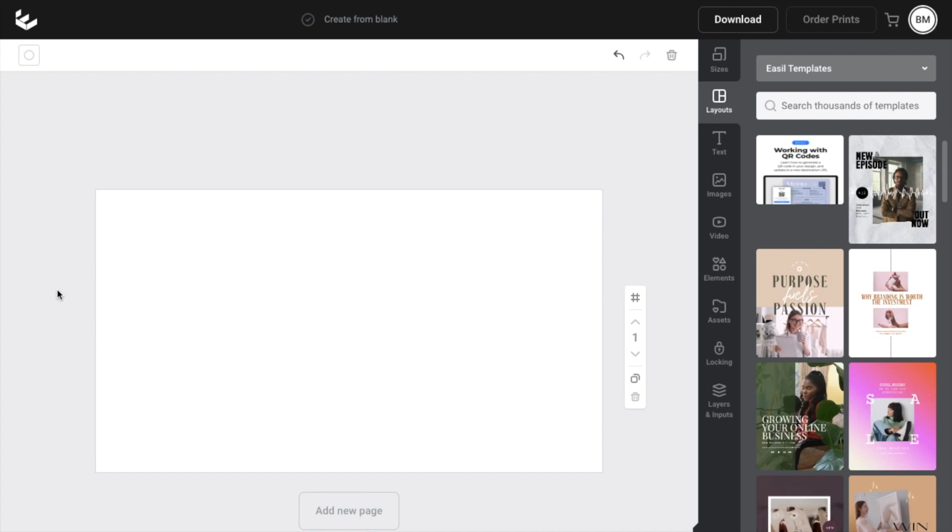So in this Easel tutorial video, I am going to be showing you guys how to edit text color here on Easel. So the first thing you have to do is open up the Easel application. Once it's opened up, I want you to go into the right hand side of your screen to this text